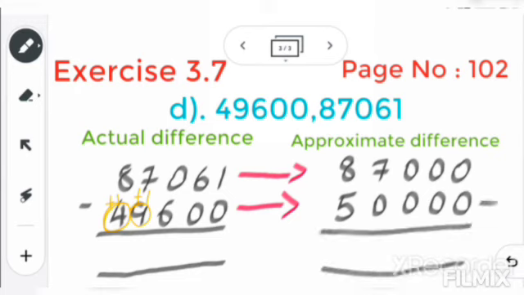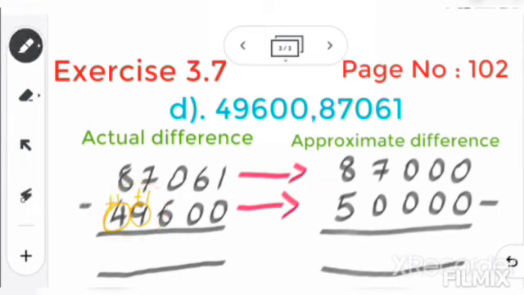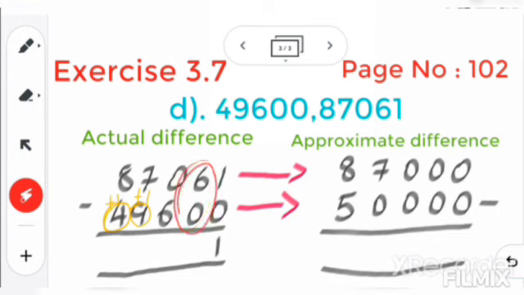Then here you have to minus. So be careful, okay, how to do this one. This one will make you a little confused, so be careful here. So let's minus now. First we will find the actual difference. Here we have 1 and 0. 1 minus 0, it will be 1. Again, in the next tens place we have 6 minus 0, 6. Most of the children write 0 when they minus 0 from any number.